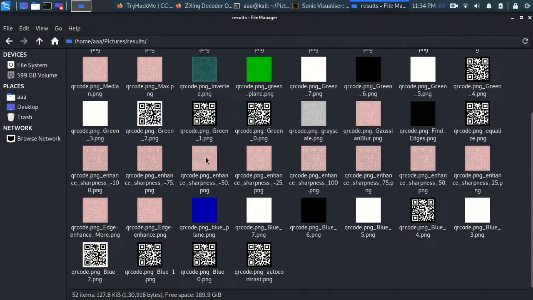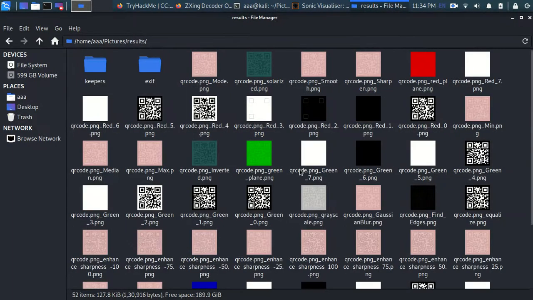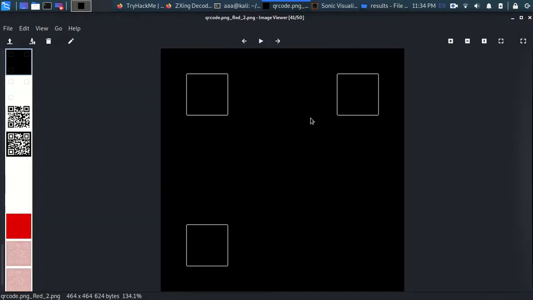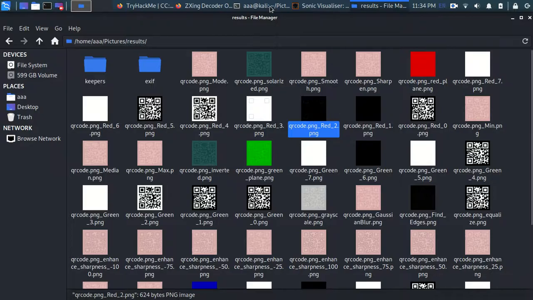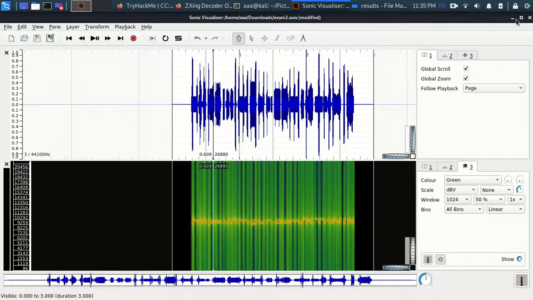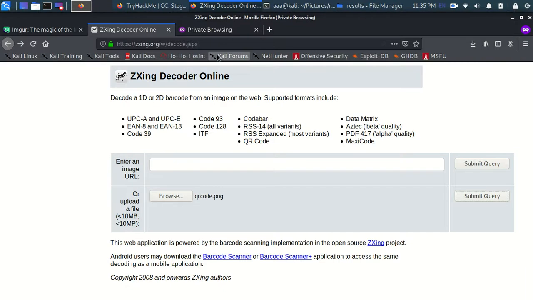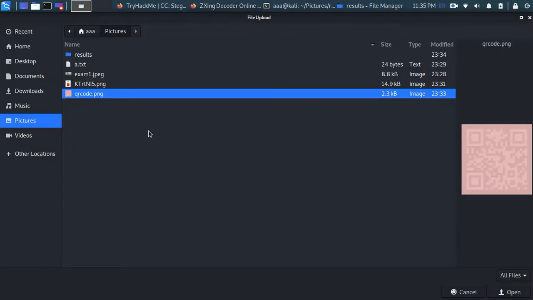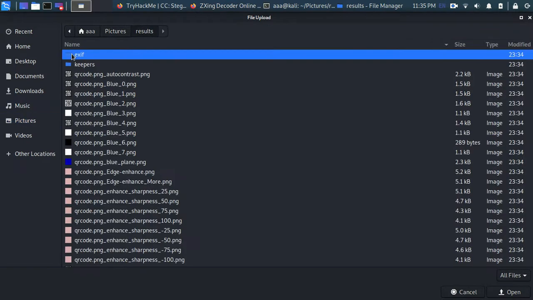Now let's try some of the various QR codes. Maybe this won't work, I'm not so sure about this thing. So let's just try, and let me close Sonic Visualizer, and from this website you can decode that QR code. Let's go to results, and let's choose something.